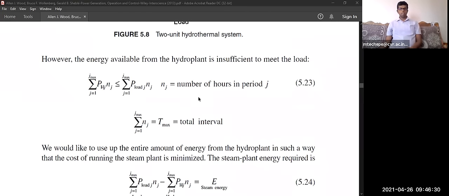That is true, because relying on power generation from hydro alone for 24 hours is not possible. Even though the installed capacity is there, it cannot meet the total power demand. It can meet only 30 to 40 percent, but the majority of the power generation is from the thermal power plant only,